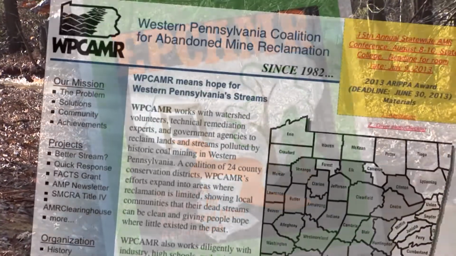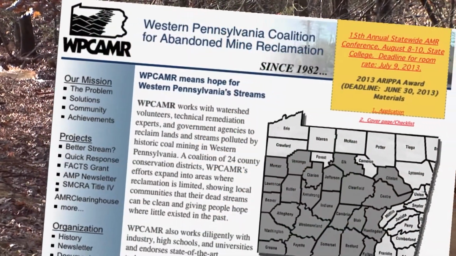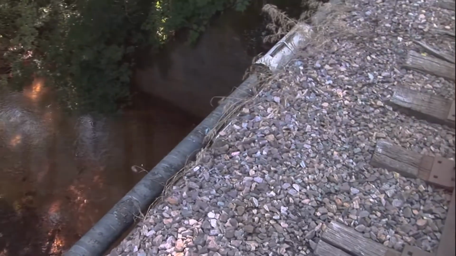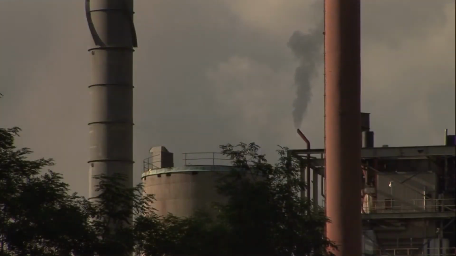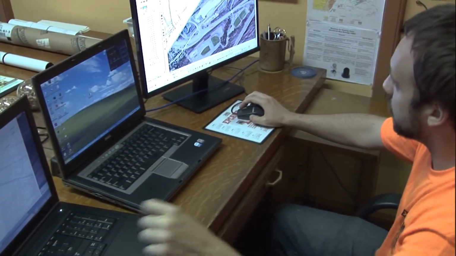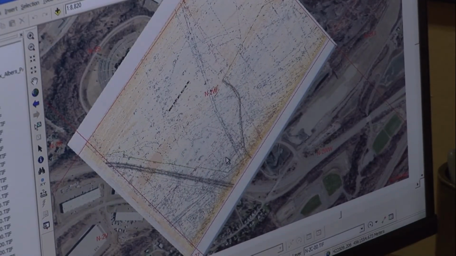EPCAMR and the Western Pennsylvania organization WEPCAMR are vital resources for the groups who make up the environmental community. Assisted by community leaders, local conservation districts, and representatives from the coal and cogen industries, they supply critically needed information. Give them what they need and make it easier for them. And I think that's what EPCAMR's charge is, and that's what WEPCAMR's charge is, to get the work on the ground.